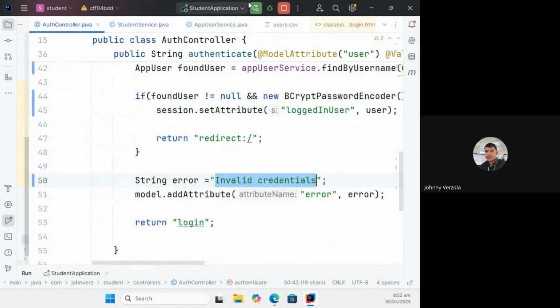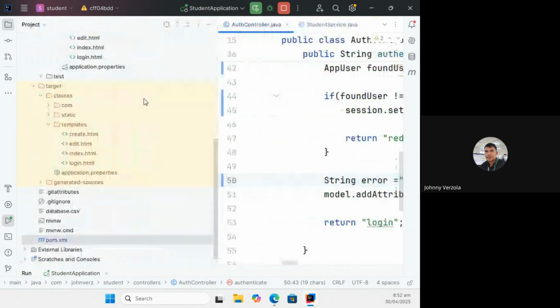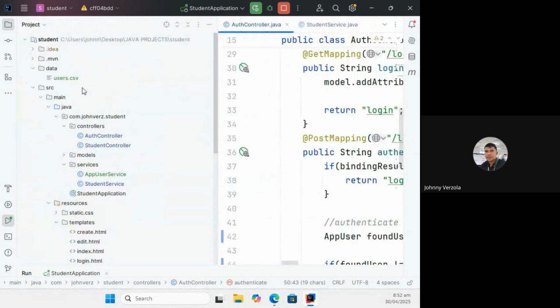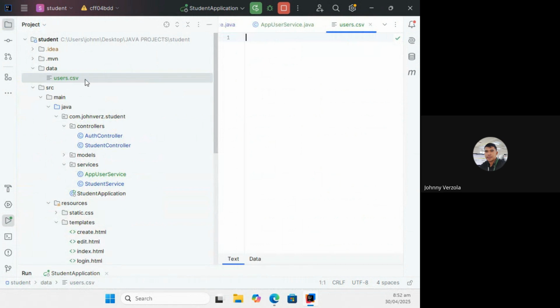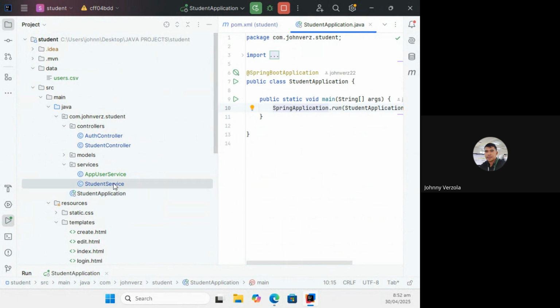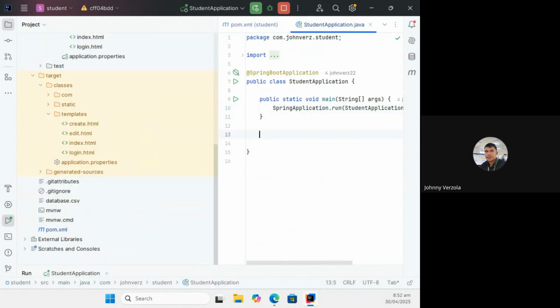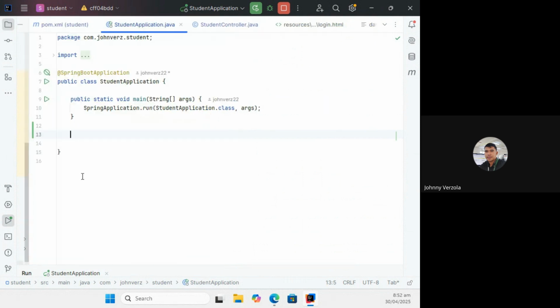Let's try this one. But before we run that, we're going to create a dummy username and password. As we know, we don't have any data yet in our users.csv. To do that, I'll go to the student application and create a method where I can generate a dummy password for us.